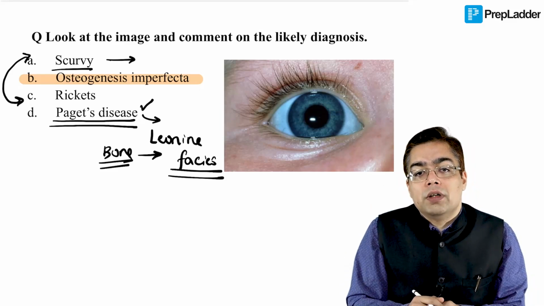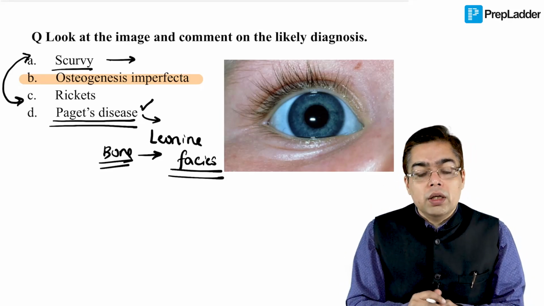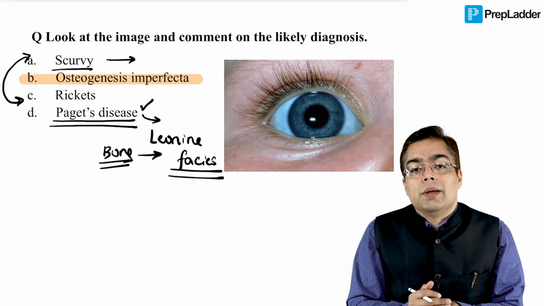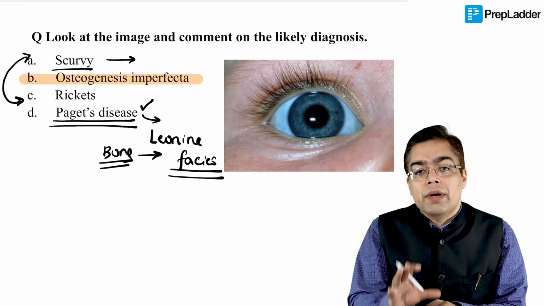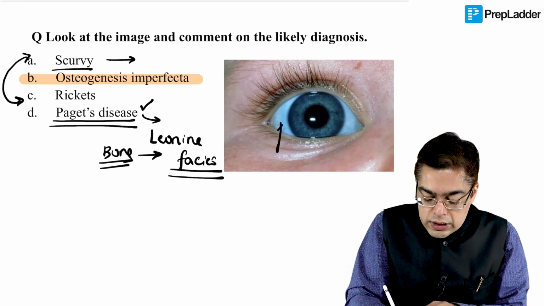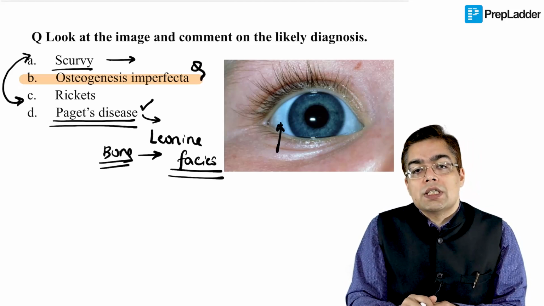Obviously, an example of a hypermetabolic disorder. So this is also a risk factor for development of a bone tumor, and that is just going to be a revision for the pathophysiology based question of osteosarcoma. Having said that, going back to our question, we need to be familiar with the concept of blue sclera and the condition thereby associated, which is going to be osteogenesis imperfecta.